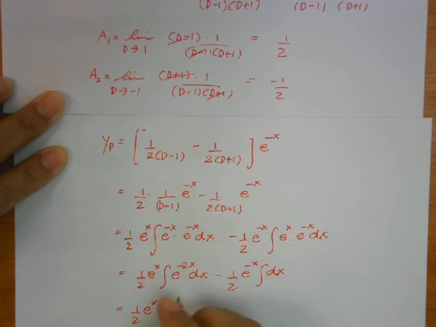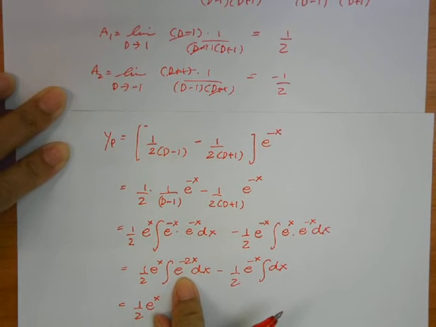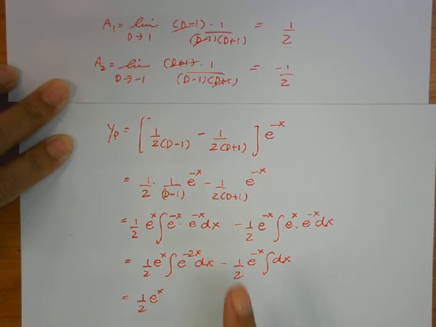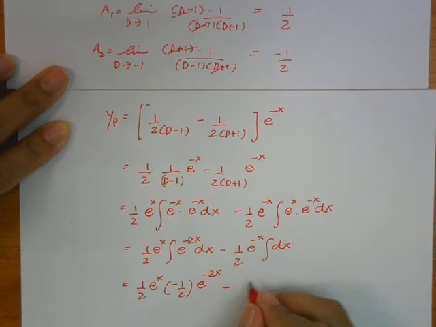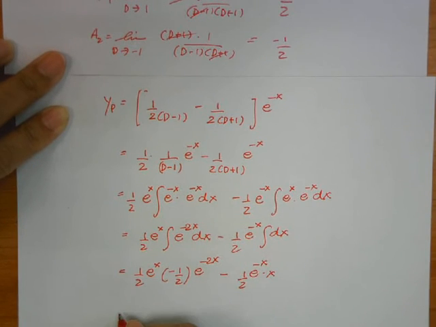To do the integral of this one, what do we get? Minus 1 over 2 times exponential of minus 2x. And to do the integral of this one, what do we get? x. So we would get, which is equal to